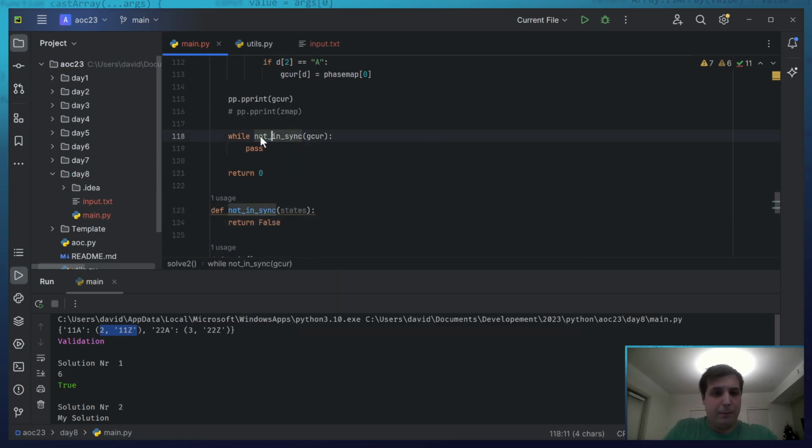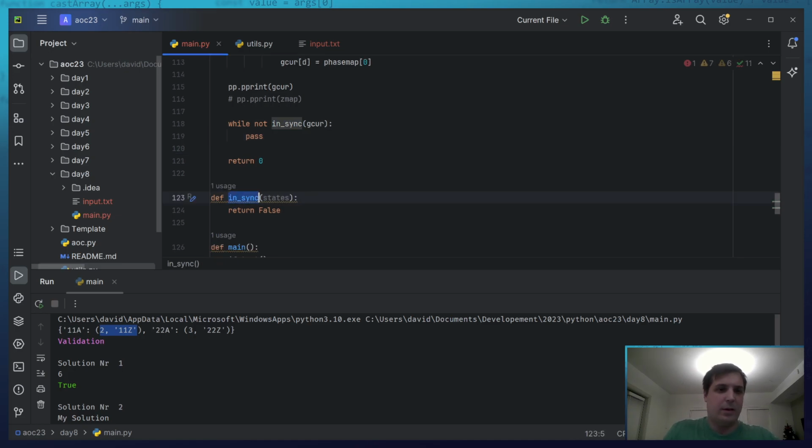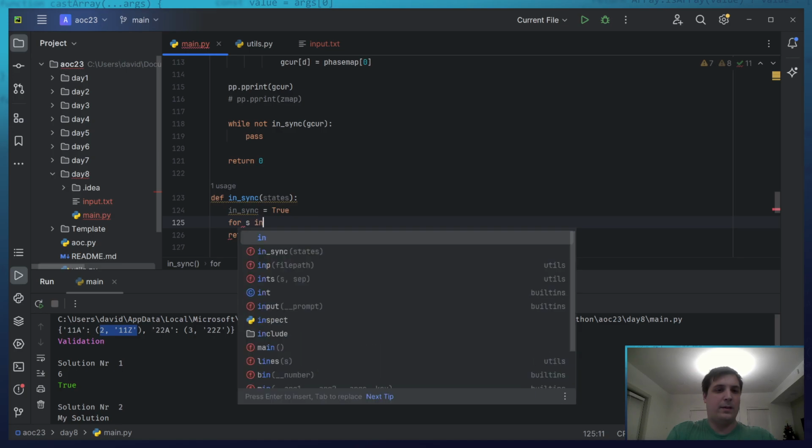And this is really bad practice. While not in sync, this is the better practice. So if they're in sync, they're all the same. So I'm going to go in sync equals true, for s in states.